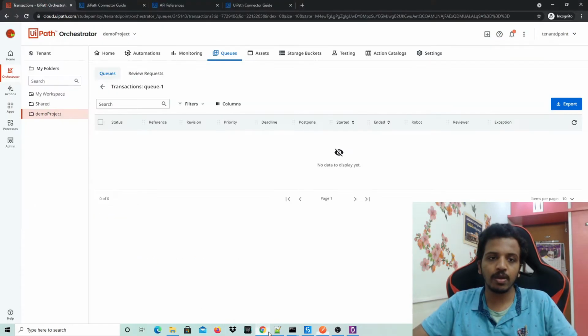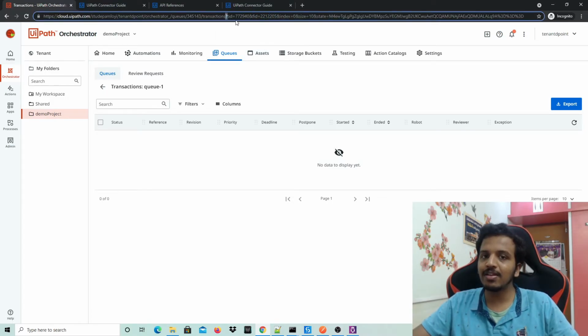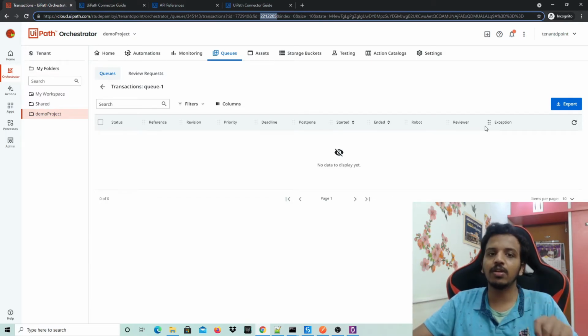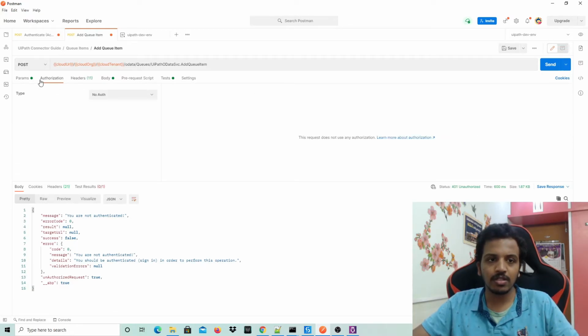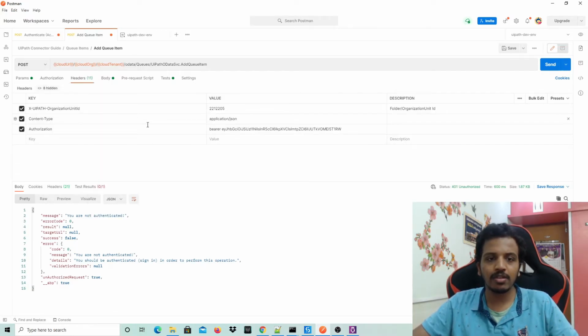So if I open my Chrome, I can see something like FID here. Okay, now FID is folder ID, TID is tenant ID. So I'll copy this folder ID again. You can get everything from the APIs, but our focus is to hit the queue item. That's why I'm trying to get all the values from the URL. So here I need to update this. Let's verify before hitting if there is anything wrong here. Okay, so authorization, instead of using it from here, I simply use it here. Okay, this value is corrected.